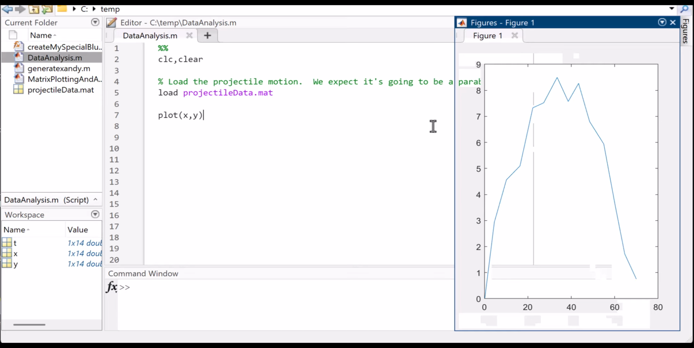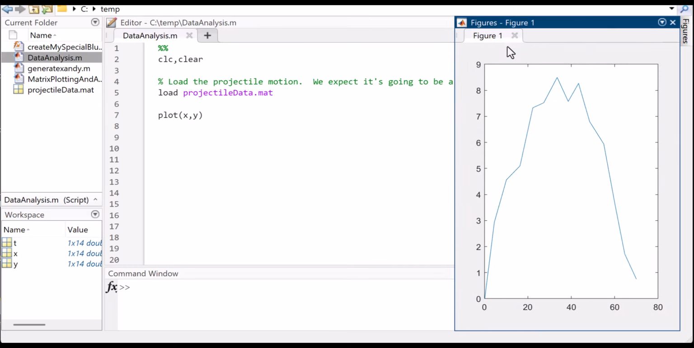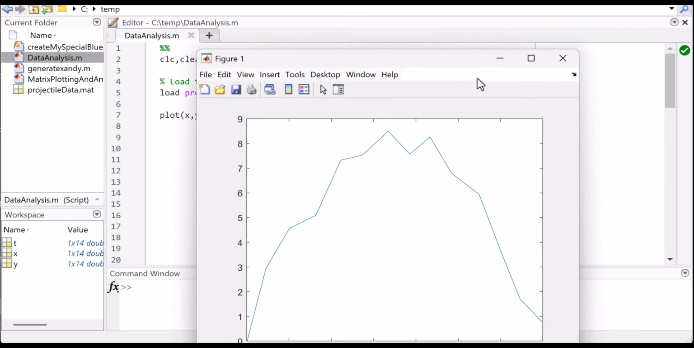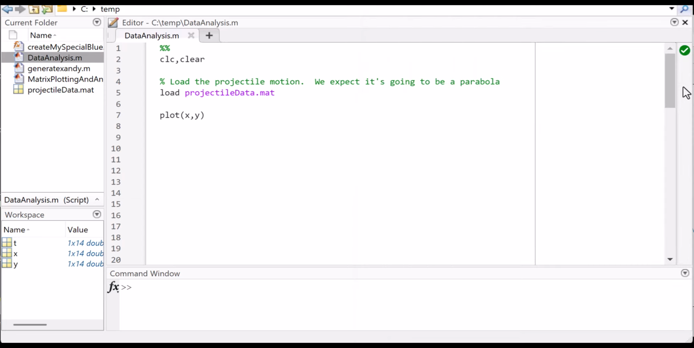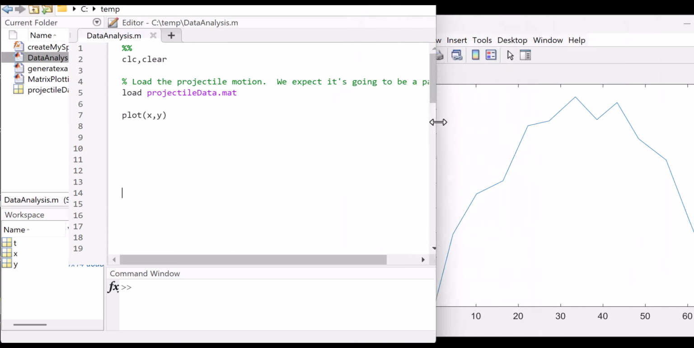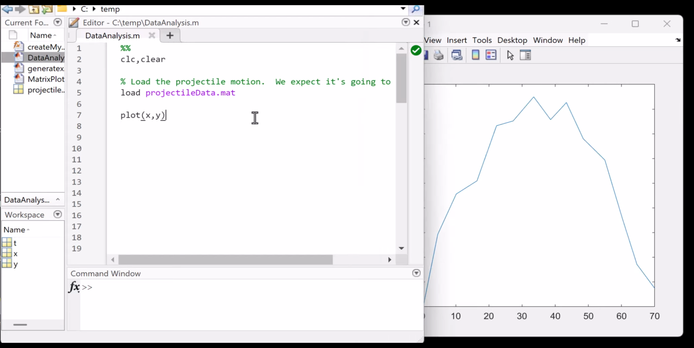I'll plot that. Why is it over there? I want it to be maybe here. I'll just keep it there, off to the side so you can see it better. So I'm going to plot x and y. I'll go ahead and plot